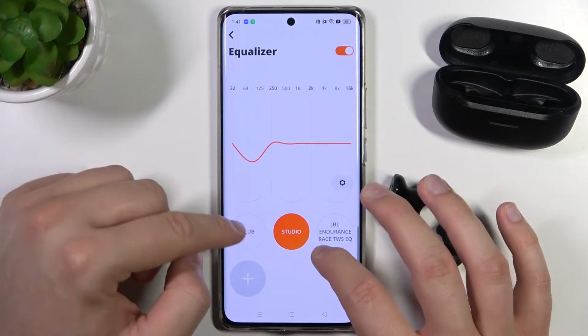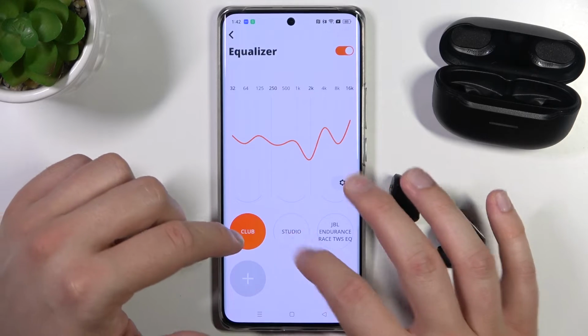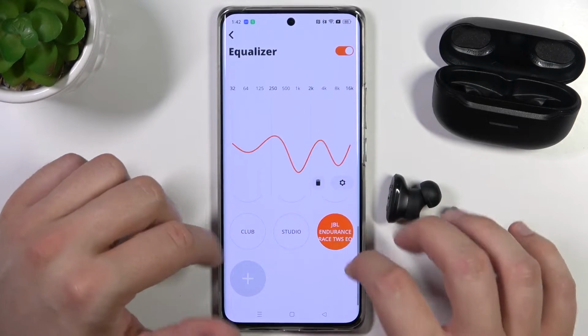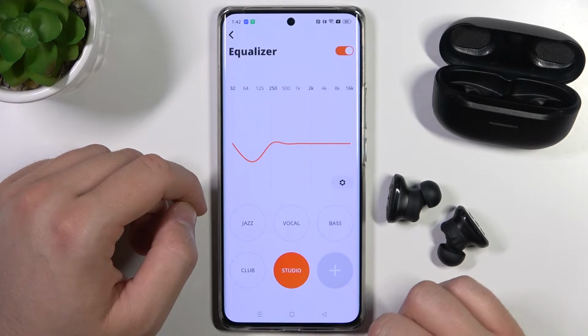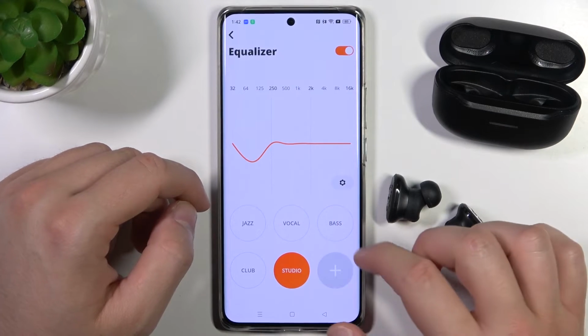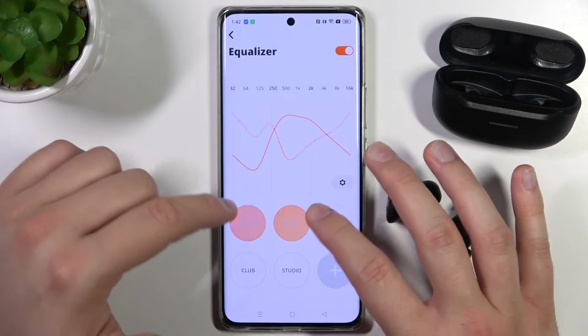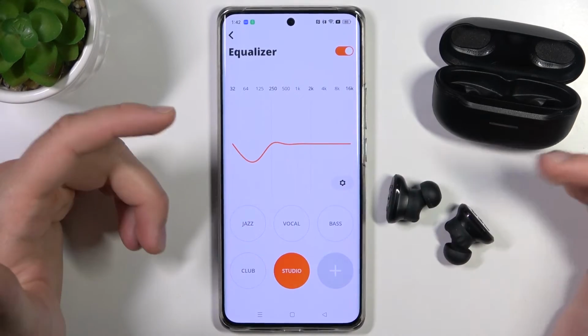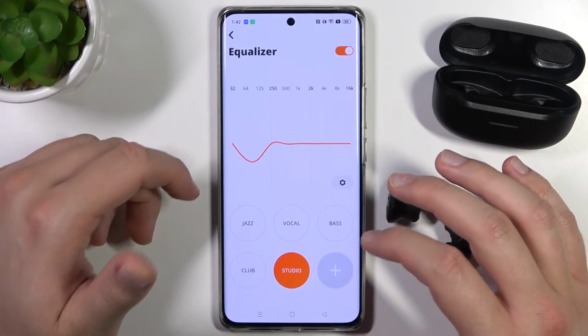As you can see, these two default presets we cannot remove, but when you go for this one, you can just simply remove it. So when you click on the trash icon and then tap remove, you will get rid of that, and you will basically get more. Like, we can find jazz, vocal, bass, club, studio,